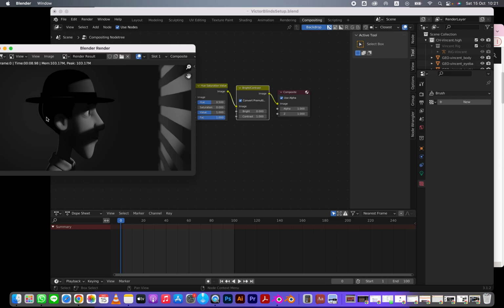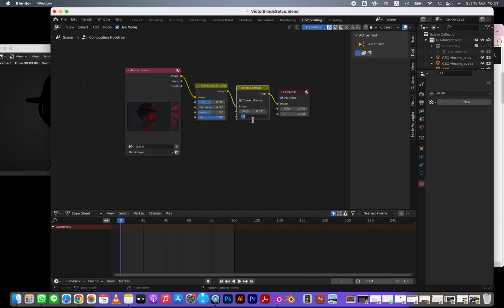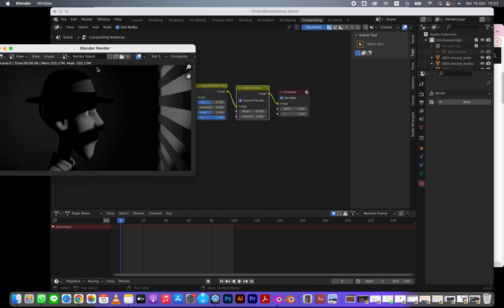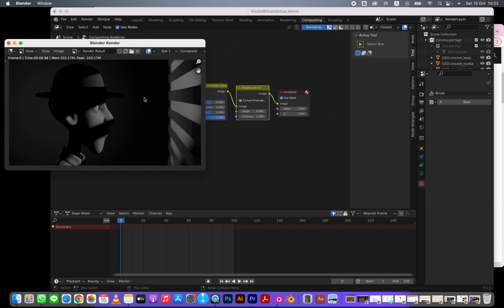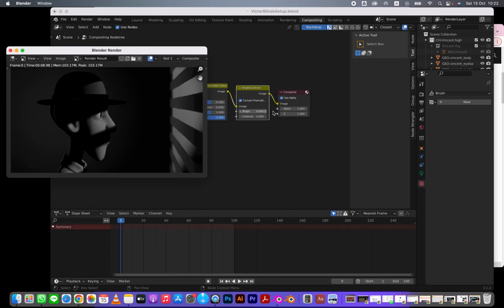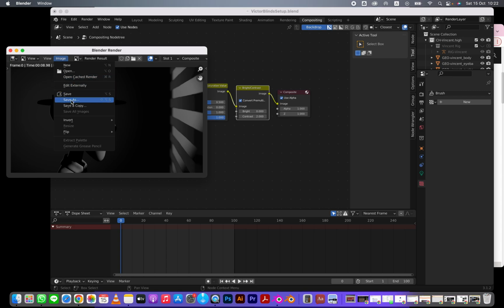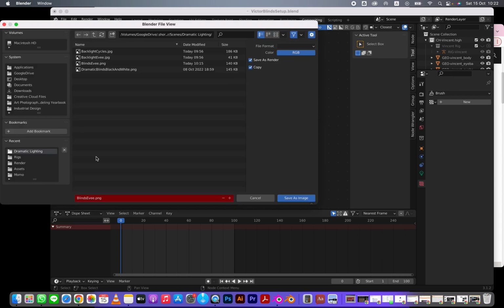And now you're going to see the blacks are a little blacker. The lights, let's see what 2 looks like. There we go. That's looking pretty film noir. It makes the world a little bit darker. All right, and so this is using compositing to manipulate the image itself. And then I can go File, Save As, and Blinds EV, black and